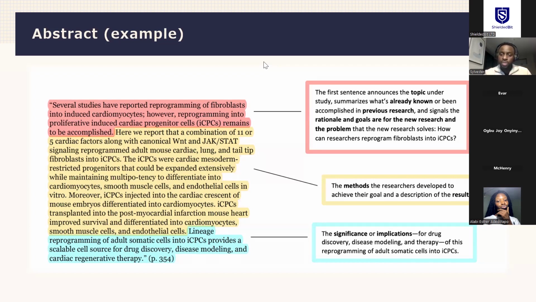Okay? Then the second part, where you see here, we report the combination of this. This person is already reporting the solution they found. And the person is now saying, this is how we did this, and this is how we found this. So, for instance, I'll just find one particular analogy to use. Maybe you're researching the effect of AI on the education of young girls, and if I want to write this abstract, you start with: it's been found over the past 5 years that the effect of